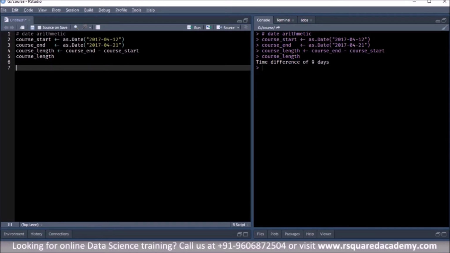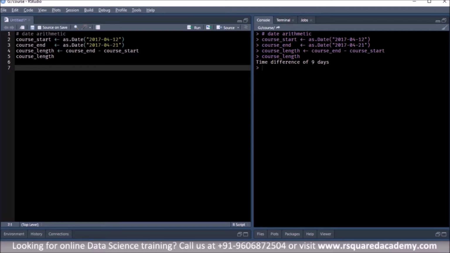Whenever you want to do basic arithmetic, that is, look at the difference between two dates in days, the first thing you have to do is store them as either the Date class or the POSIXct or POSIXlt class, and then you'll be able to look at the difference between the two dates. Remember, if you do it using only the character or string class, you will not be able to do it, because the type of operations done on character or string data is different from the type of operations available on date type data.